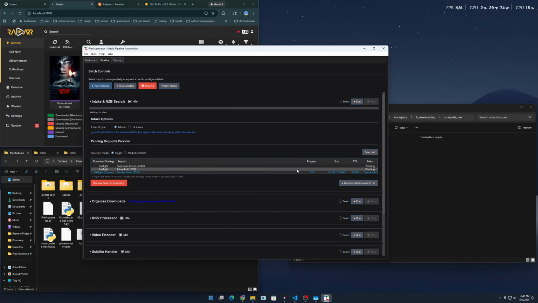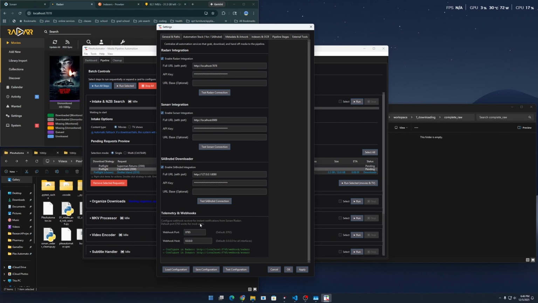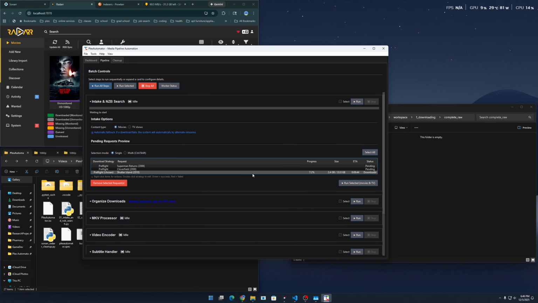All right, as we see, the telemetry is kicking in. Again, we do need the webhook for this to also work well, so you definitely want to make sure you have this set up. Okay, so now that we have that, that's going. Now let me